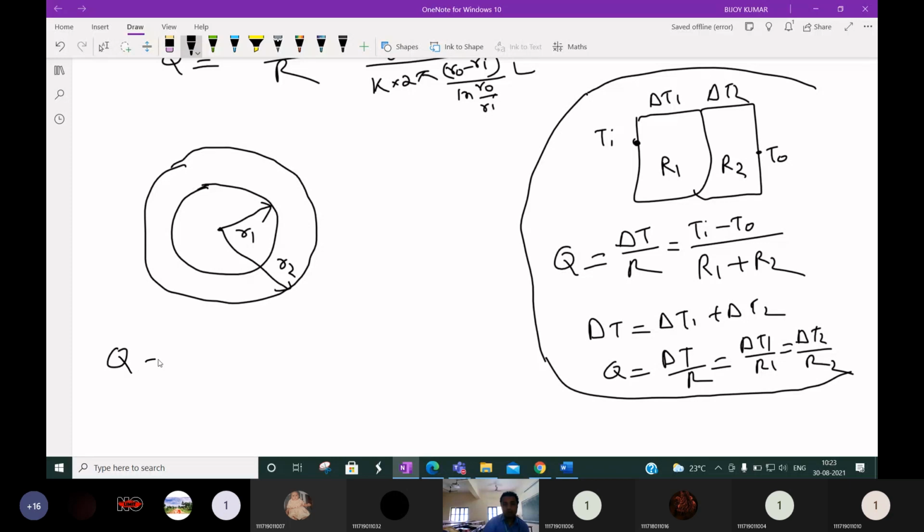Then what is the value of Q? This is nothing but delta T by R. Suppose this temperature is Ti, this temperature is To, or let us write it as T1 minus T2. So it will be T1 minus T2 by R, where X is R2 minus R1, by K into ALM. ALM is what? R2 minus R1 by